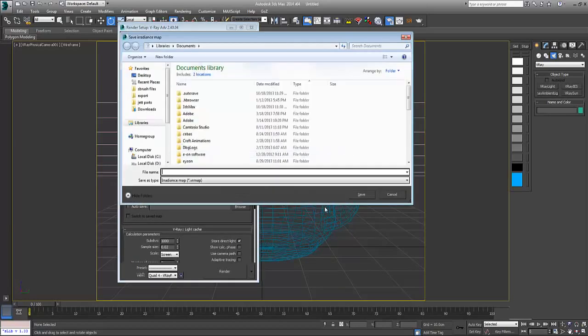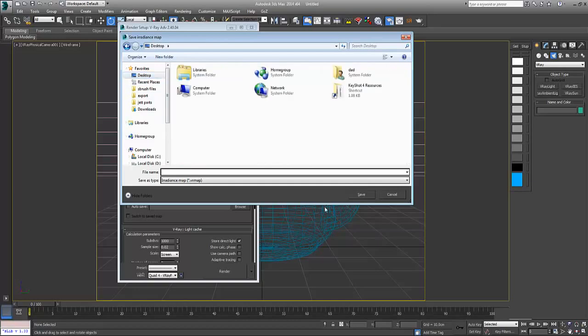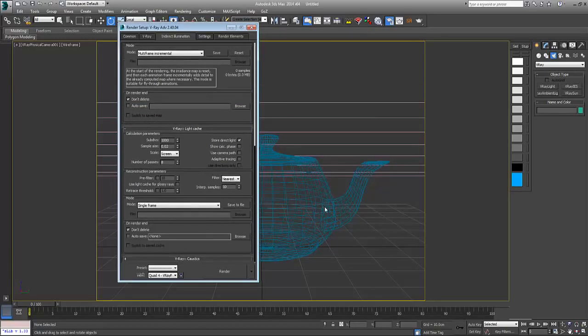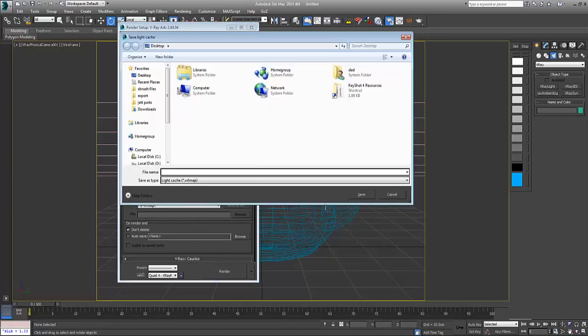So I'm gonna save it as, go to my documents, and this in desktop, and I'm gonna call it audience map. Save. Then you go back down here to the light cache, fly through and save to file on light cache,